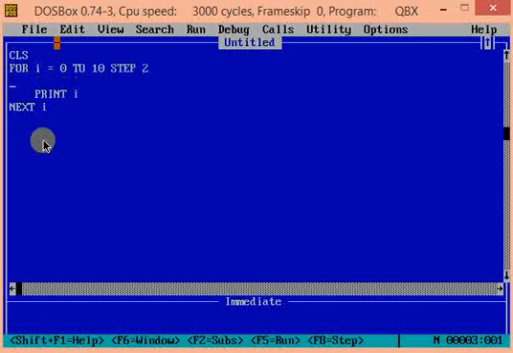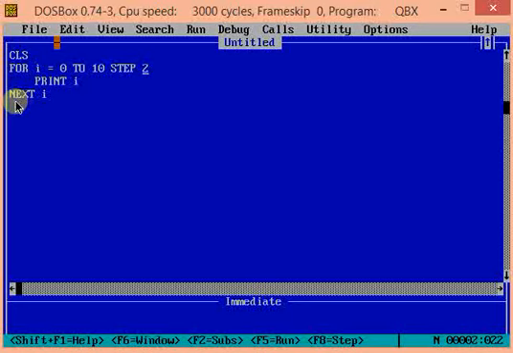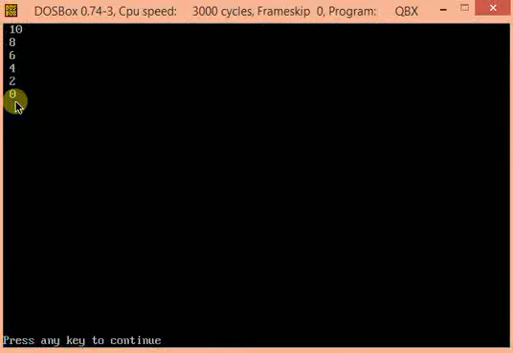Here i's value will be incremented by 2. You can see all even numbers 0, 2, 4, 6, 8, 10 are printed. Let's see one more example where step could be a negative number. For I is equal to 10 to 0, step minus 2. This way now the number is decrementing. Negative sign in step indicates that the value of I is decremented.